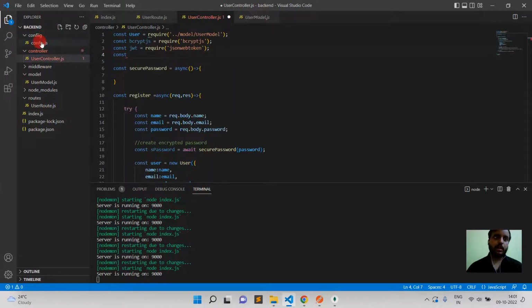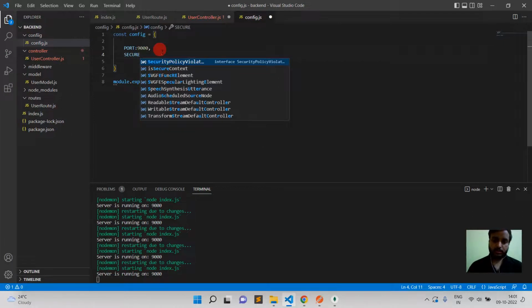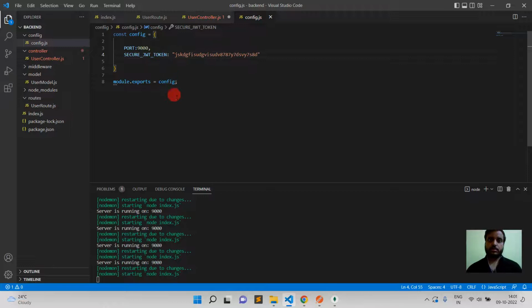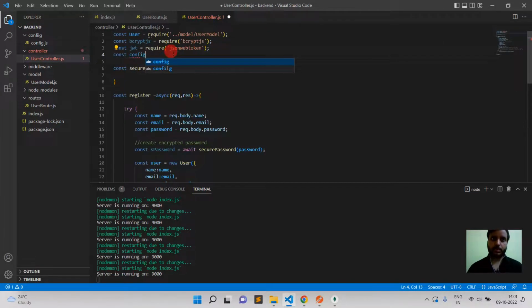and now I'm going inside config.js and create one secure JWT token and pass any random string here for the token, sorry, not for the password. Okay, and here import config equals to require